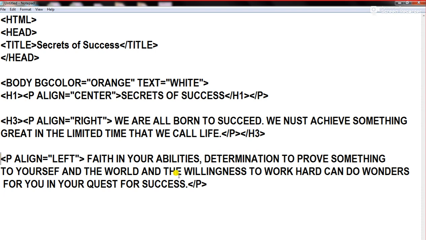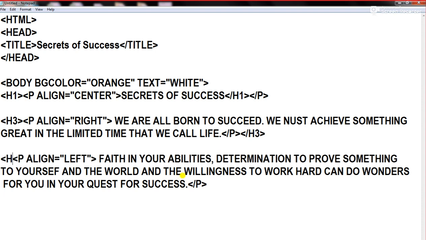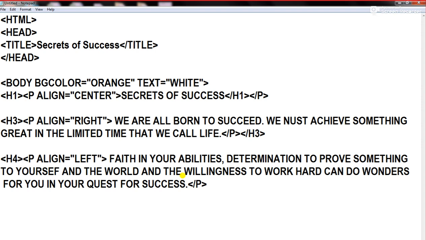So I can use any other H tag over here. Suppose I am taking the H4, and at the last of this paragraph I can use this H4 tag, right? Now my body part is over. Now I need to close this body over here, and I need to close this HTML as well. So now my program is complete because I have closed all the tags also.